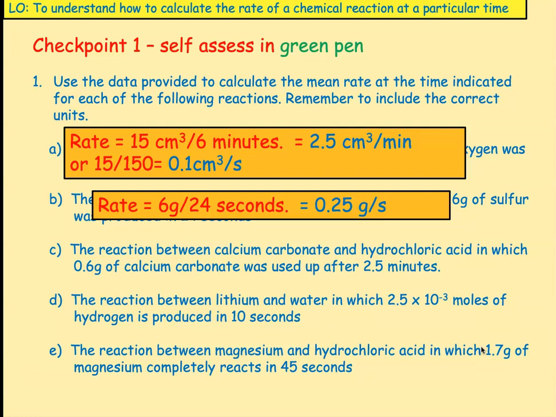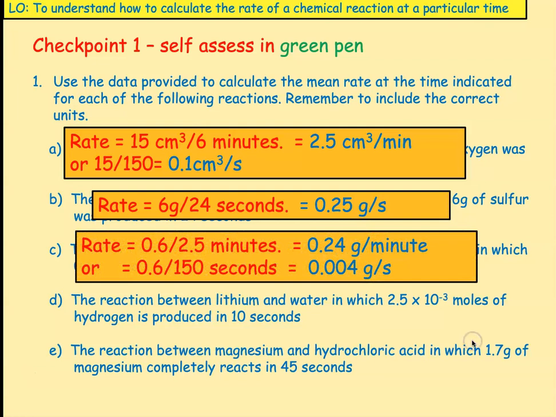Right, the next one, the reaction between calcium carbonate and hydrochloric acid, in which 0.6 grams of calcium carbonate was used up after 2.5 minutes. So what we're going to do here is you could put it in grams per minute, or you could put it in grams per second. If you put it in grams per minute, it's 0.6 divided by 2.5 gives us 0.24 grams per minute. If you put it in seconds, it's 0.6 divided by 150 gives us